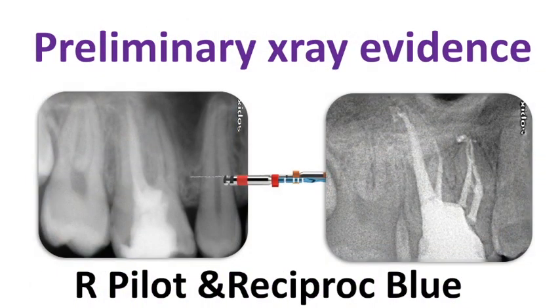parts. On the first one, with very large canals, in cases like this one, I go directly with rotary instrumentation or reciprocation. I don't use any hand files because I don't need to. The canal is very large. We go with a glide path, which here is an R-Pilot in reciprocation, and then just take the length with hand files. After taking the length, we can prepare the whole canal with rotary instrumentation, which is not